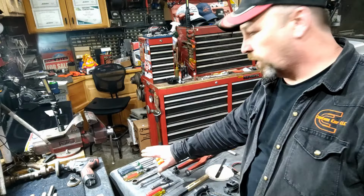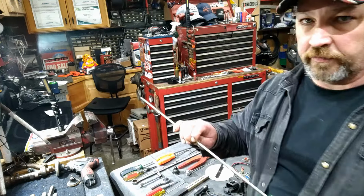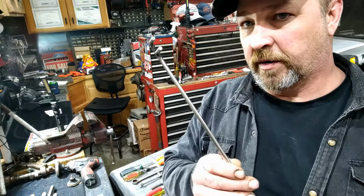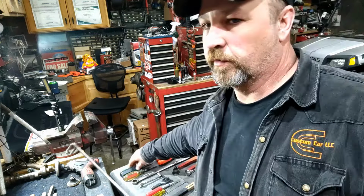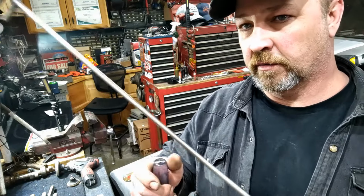So I think we'll start out right over here. So this is a big long Phillips screwdriver that I bought from Menards, and I made a belt hook tool for putting on serpentine belts. So I bought 2 of them because I wanted to leave this one as long as I could, which is fairly long,